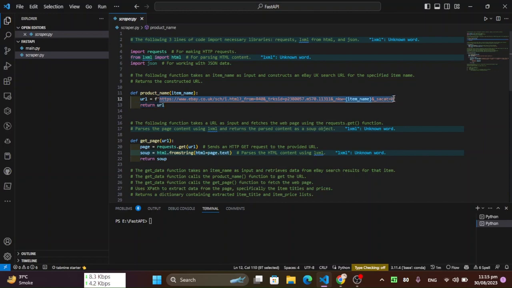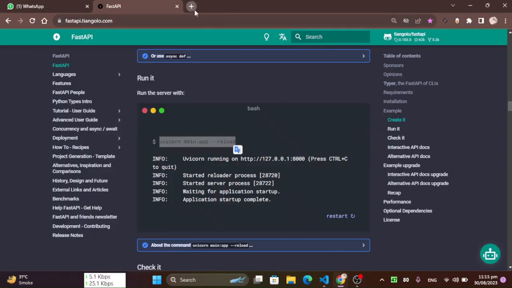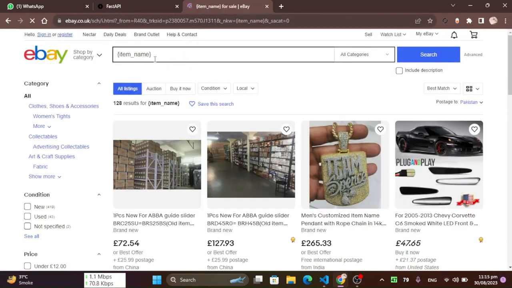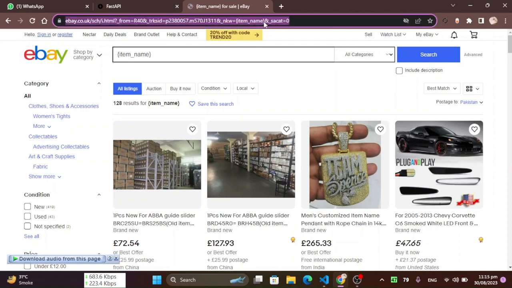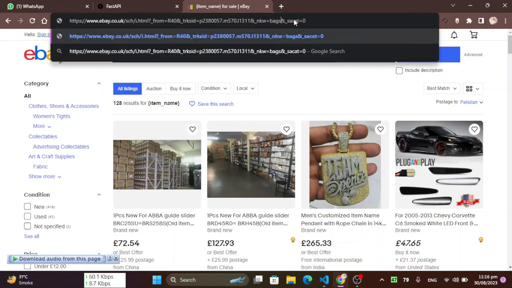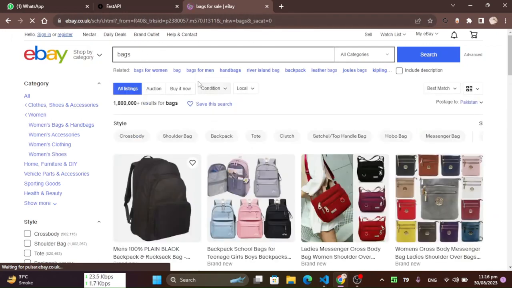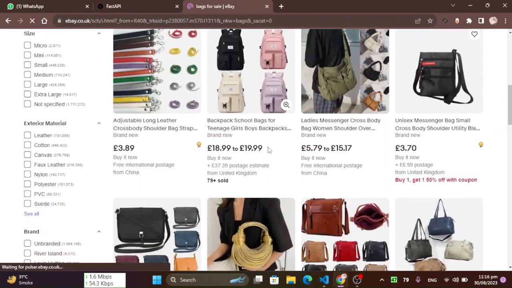Copy this command. So our main focus is the item name. We have to scrape the item name, and here you will see that the item name is showing clearly. And if I replace the item name with bags, it will definitely change and we will see bags data here.